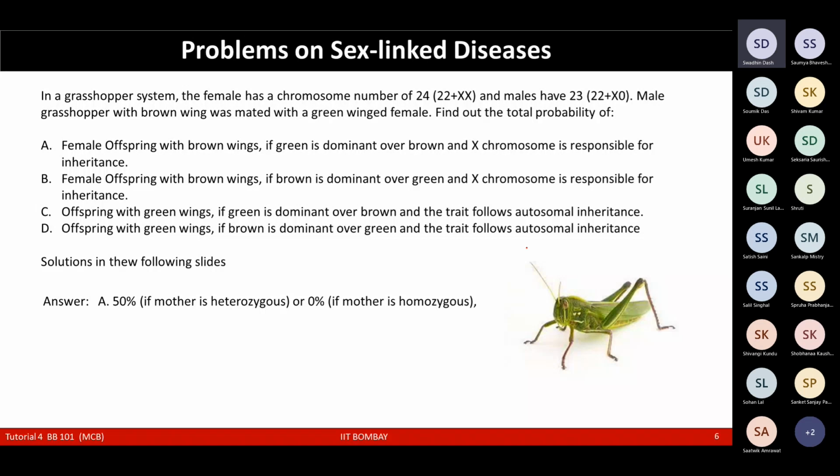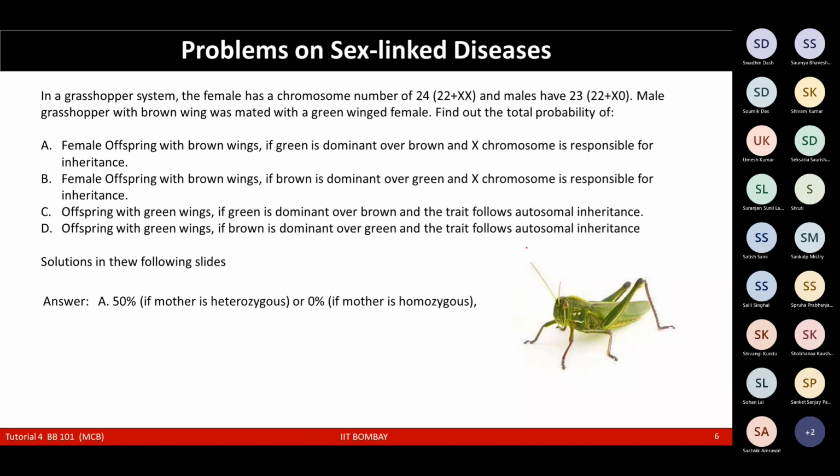50% of female offspring, right? Yes, if the mother is heterozygous. Because we have XXG, that is the dominant one, and in the male we have XO. When you combine, you will get XX and XXG. In probability, we won't take all the offspring possible, only the female part. Can you explain what this XO means? I'll explain in the further slides. First, I want you to explain these things.